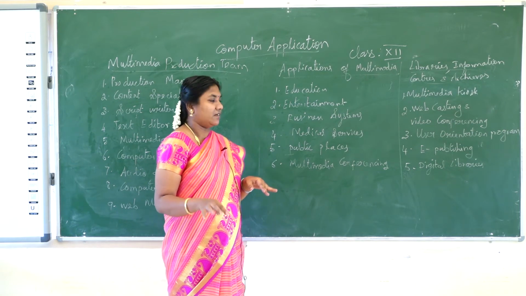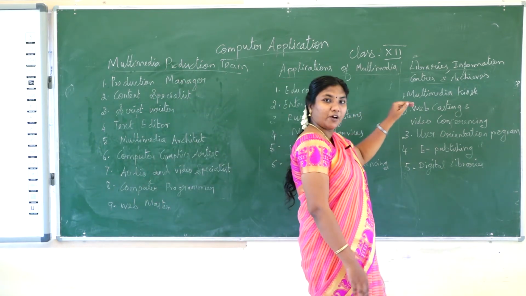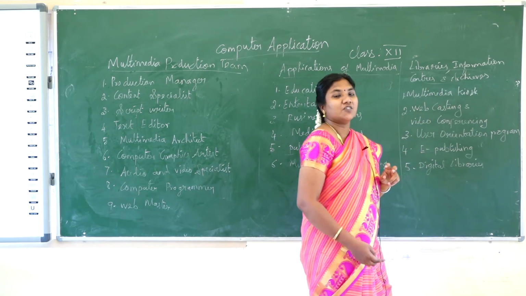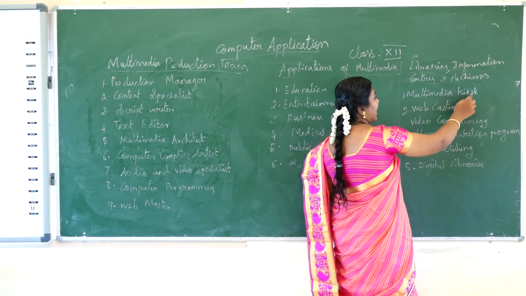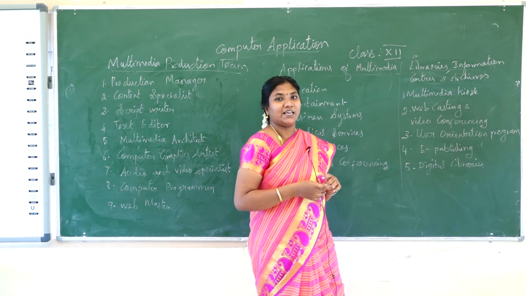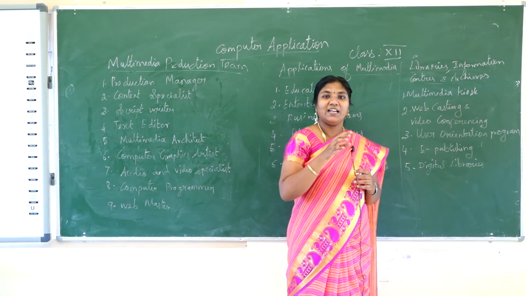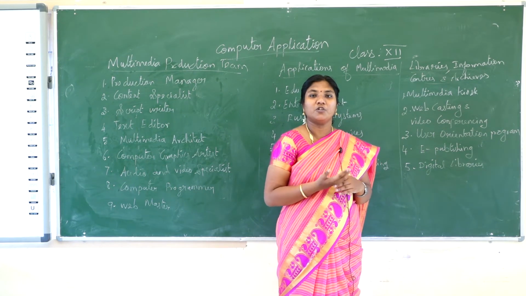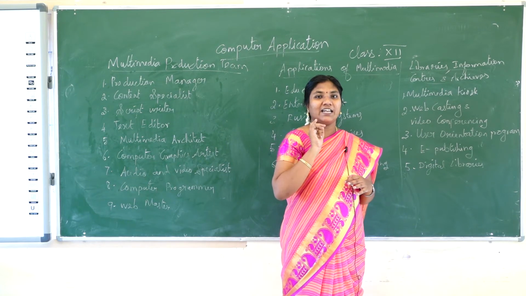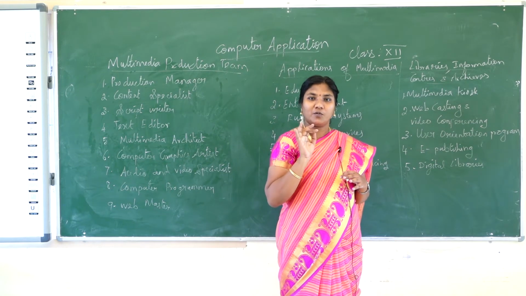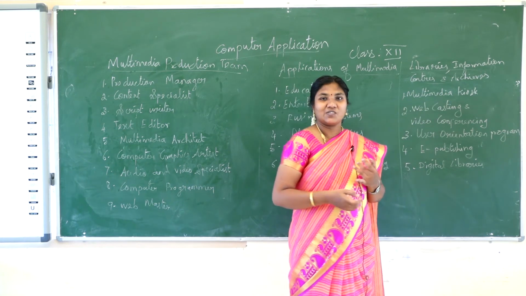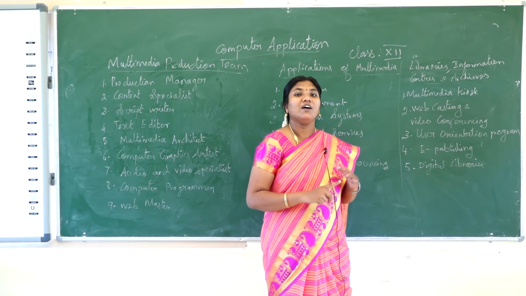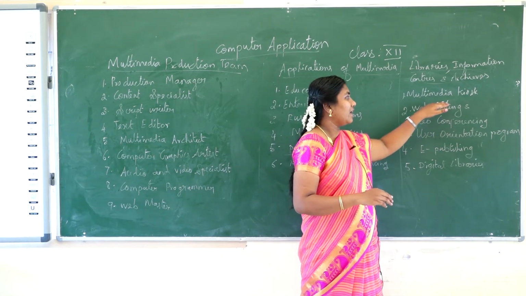In the education system, our India has launched EduSat, the education satellite, which is very useful for the education department. Okay, and the next and last topic of this chapter: libraries, information centers and archives. Do you know what a kiosk is? K-I-O-S-K. In ATM machines and in many libraries and railway systems, if you want to know the position of the train or of your ticket, you touch the screen and you get the information. That is the kiosk. So the multimedia kiosk is used in railway stations, in bank ATMs, and in many other fields. It is a free open multimedia network.